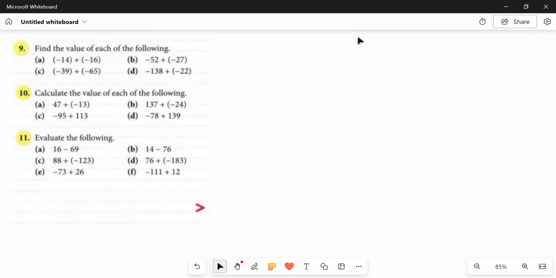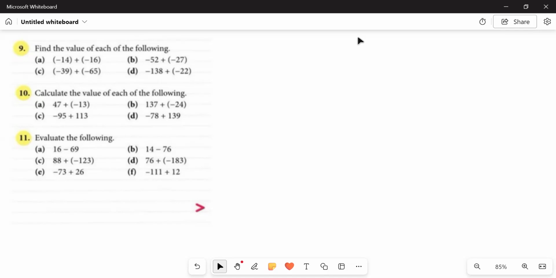So, what have we learned so far in the earlier questions is when we are provided with two integers, we have to look for the signs of both the integers to find out if we have to add or subtract the two integers. And after we are done with the addition or subtraction, we have to look for the sign of the greater number. If it's positive, then the answer would be positive. Otherwise, it would be negative.